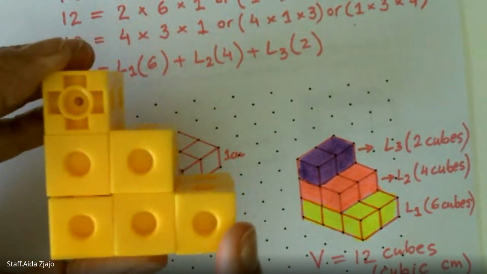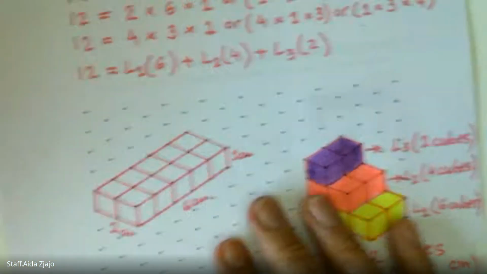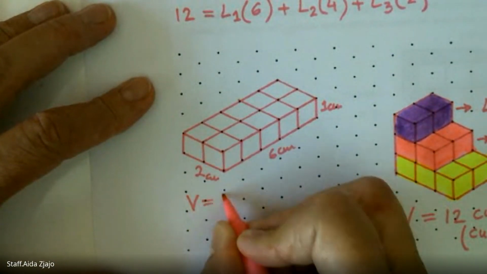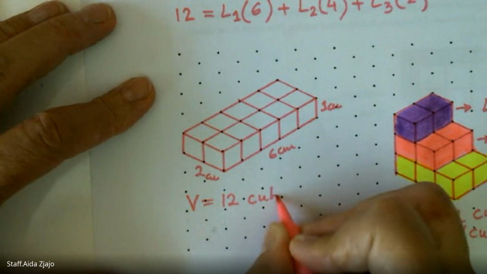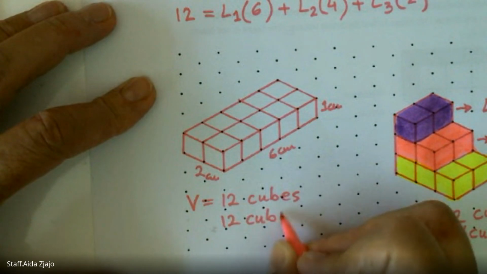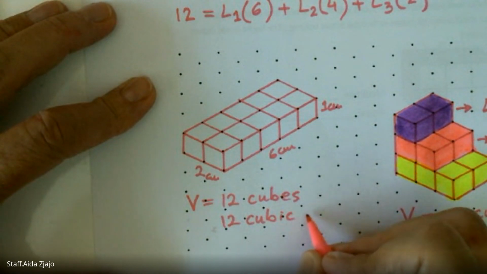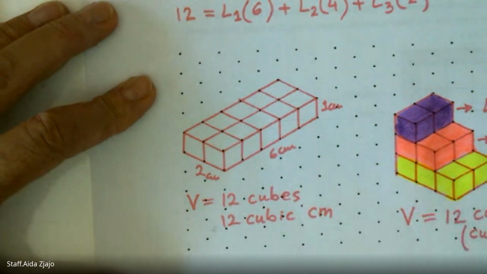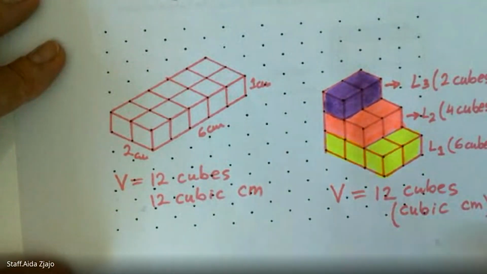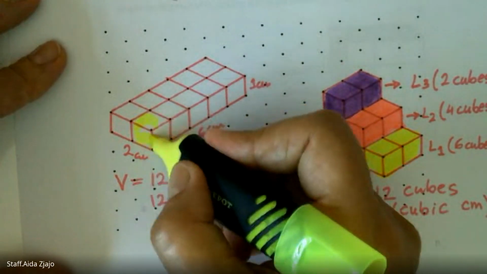My cubes are cubic inches. And then this one also has a volume of 12 cubes, or 12 cubic centimeters. We can see that if this is 1 cube,